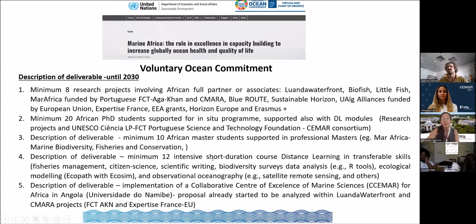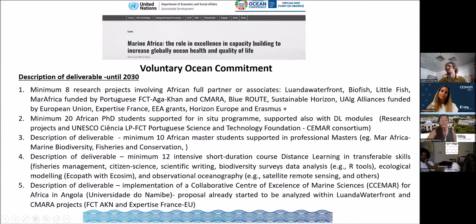Then we also propose as deliverable a minimum of 12 intensive short-duration courses, like the ones that we have already developed in observational oceanography, as Lilian already mentioned, and others in data science and biodiversity surveys, in scientific writing, and others that are also planned